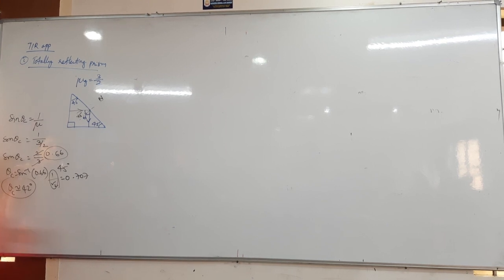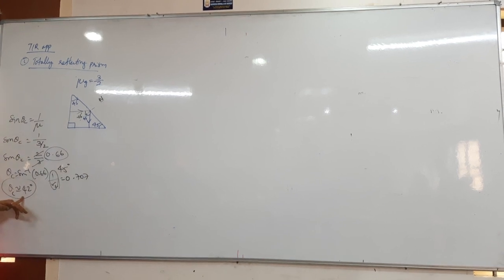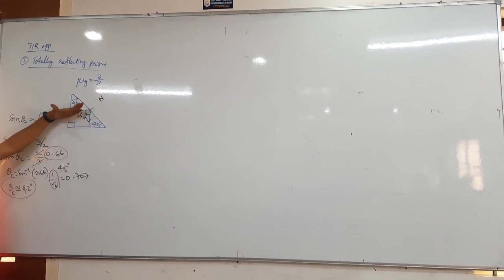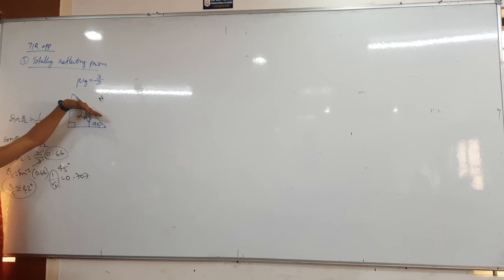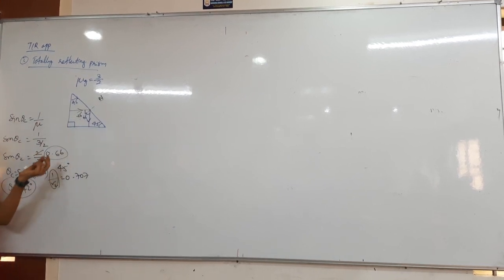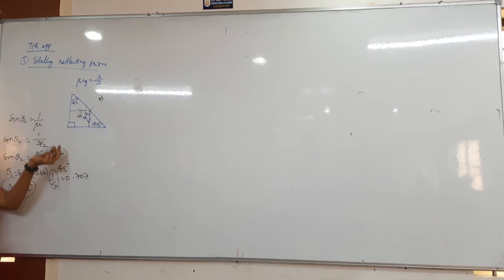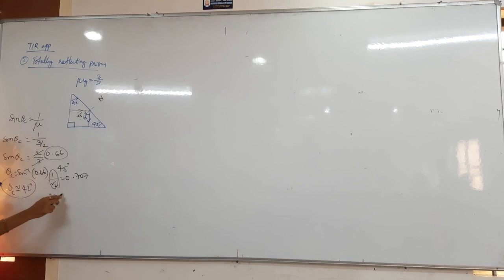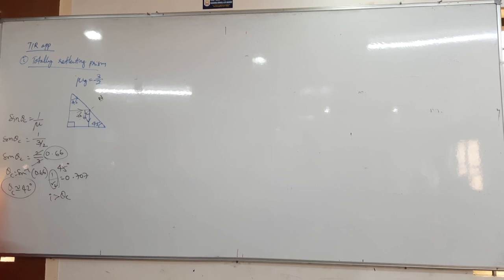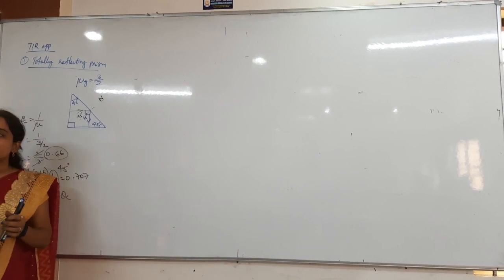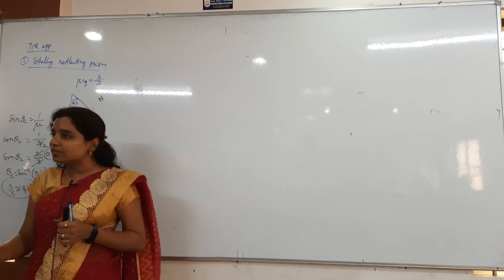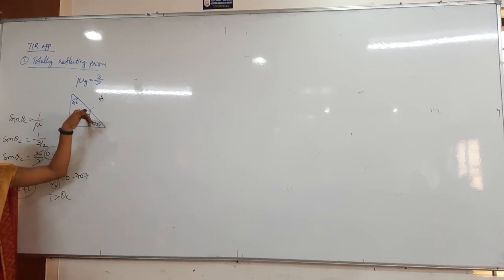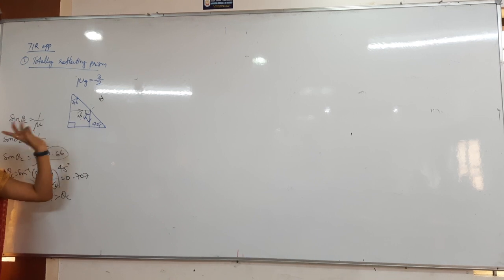So for example, if you are sending the incident ray with an angle less than 42 degrees, let me take 30 degrees, then it will come out by refraction. But here I am sending the ray at 45 degrees. That angle of incidence is greater than the critical angle. Then automatically total internal reflection will happen. From the laws of reflection, angle of incidence is equals to angle of reflection. Angle of incidence is 45 degrees, then reflection is also 45.